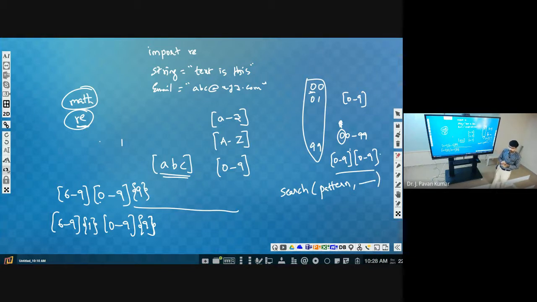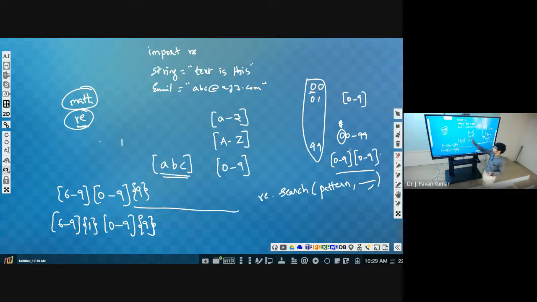This search function exists in which module? re. So in order to use it, re.search, like math.sqrt. Similarly, re.search, then we have to specify the pattern, and against what we have to check, that also we have to specify.